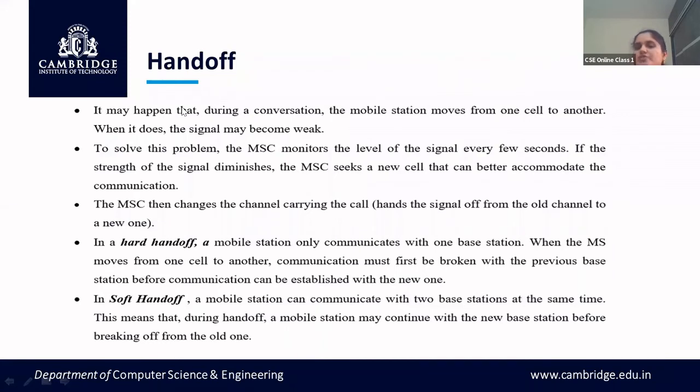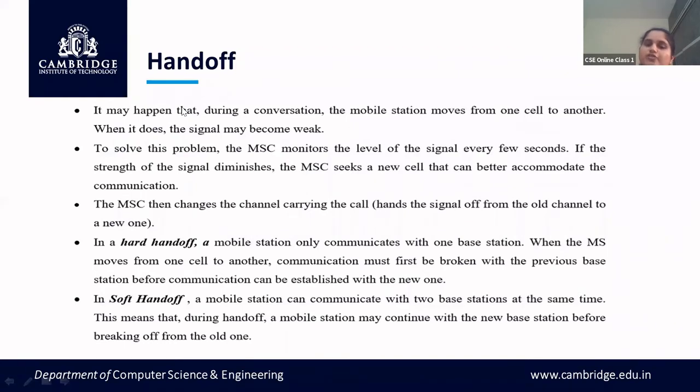The disadvantage of handoff is this: once a call is established, the channel could have a good signal intensity. But whenever there is a handoff from one base station to another base station, there can be some poor signal. If that is the case, you cannot hear what the other party is speaking. This is due to network interference or jitter, which can happen from changing your cell from one base station to another base station.